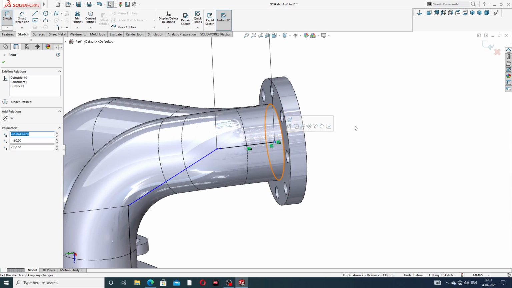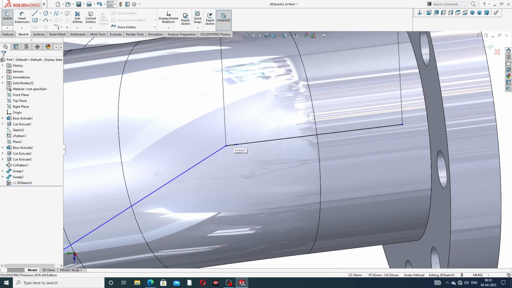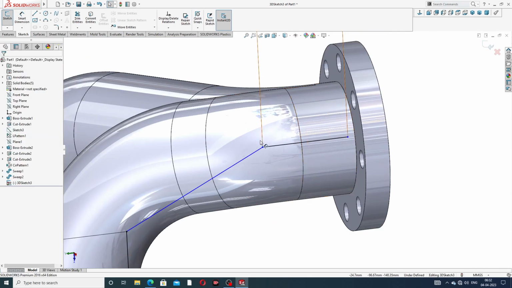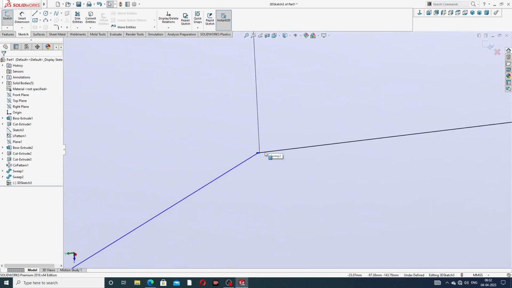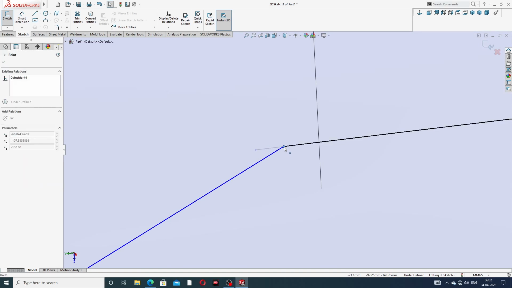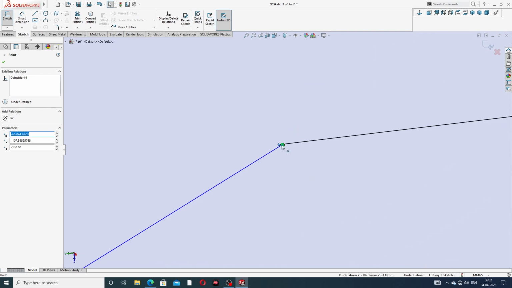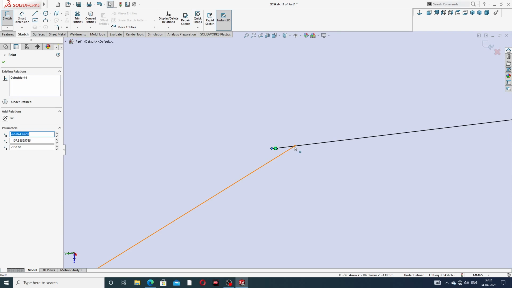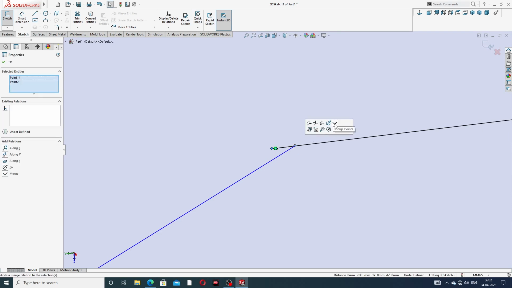This point to this, okay, this point and this point use merge. Okay,